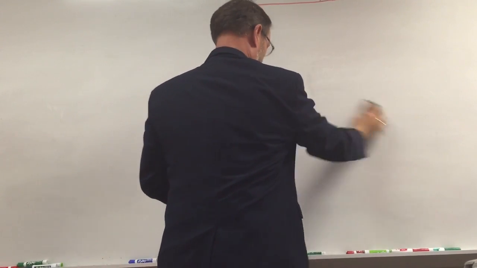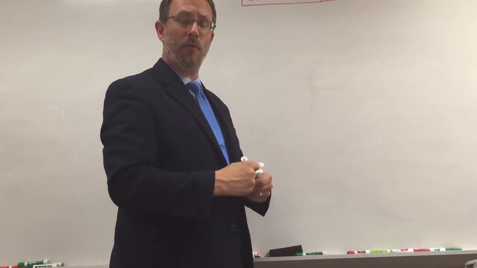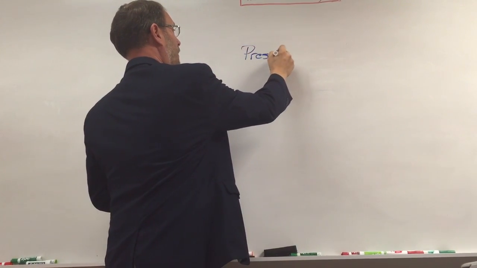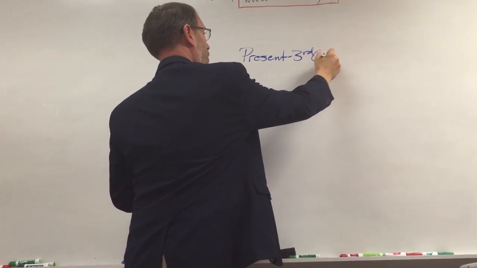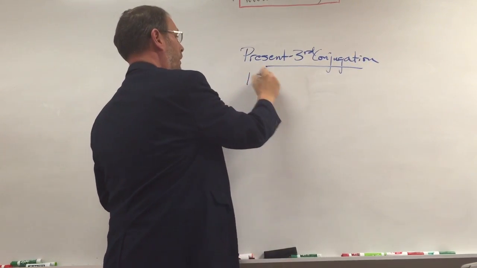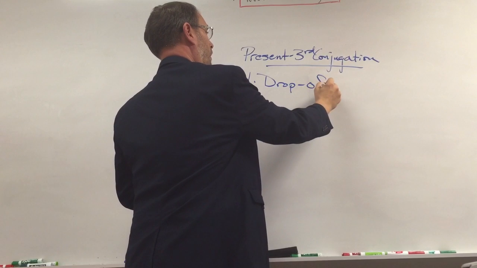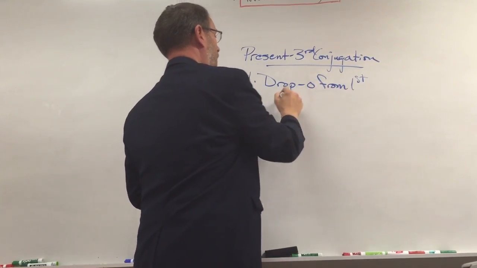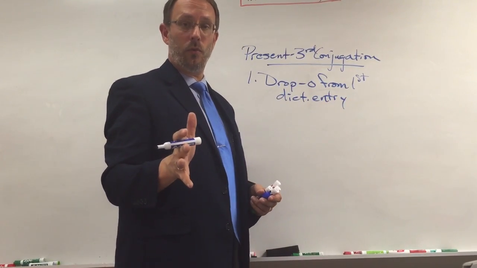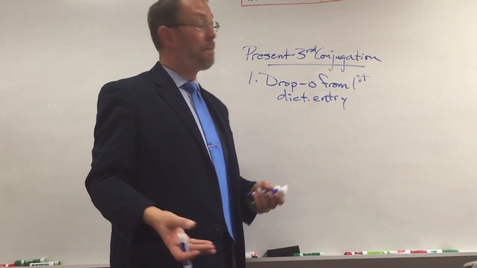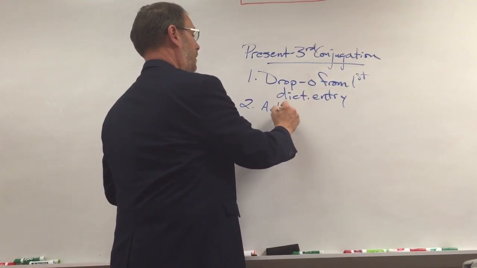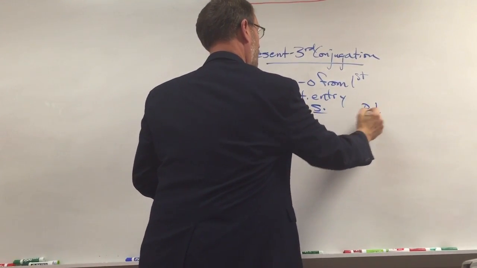So, the third conjugation, very similar to what we've done before. We're going to look only at present tense initially. So we're looking at present tense, third conjugation. Step number one, drop O from first dictionary entry. Now that's not what we usually do, right? We usually drop the RE from the second dictionary entry. This time we're going to drop the O from the first dictionary entry and then add our usual endings,